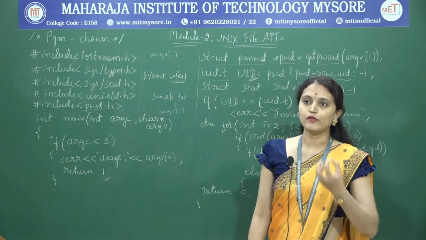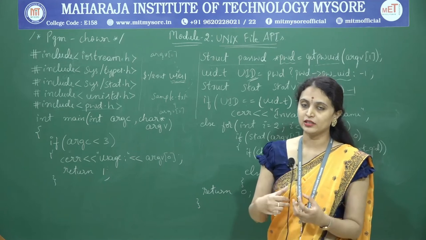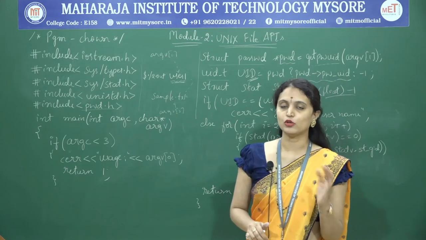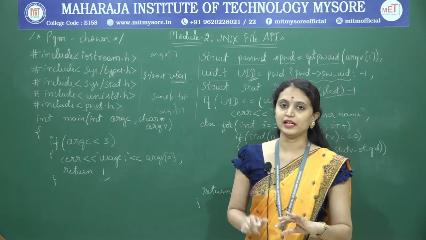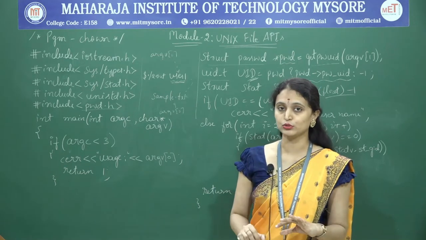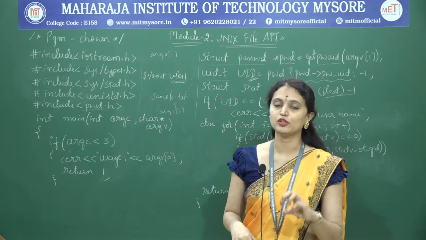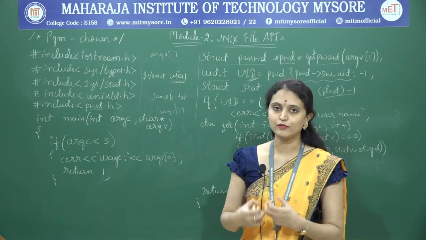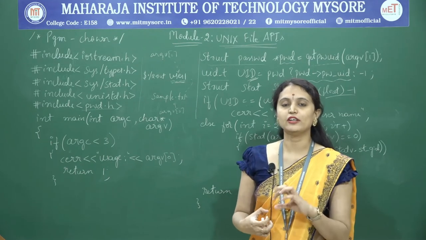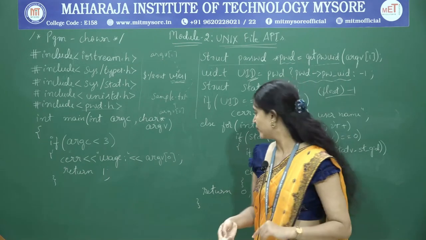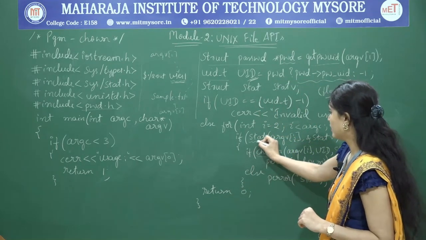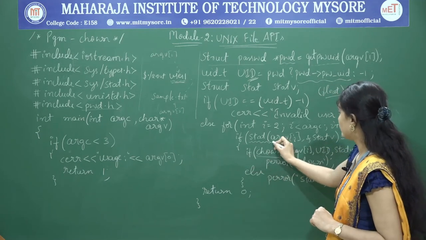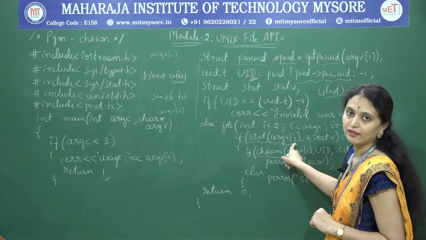For the group ID, I have to retrieve the group ID that is on a particular file. In the previous session we already discussed the stat API, which is used to retrieve the file attributes of a file. Using that function we can retrieve the file attributes, and in particular the group ID. So that's why I am calling the function stat with argv of i. I will tell you why I have taken i.